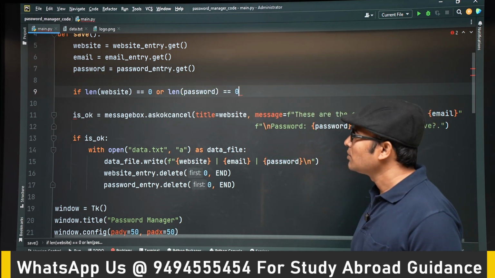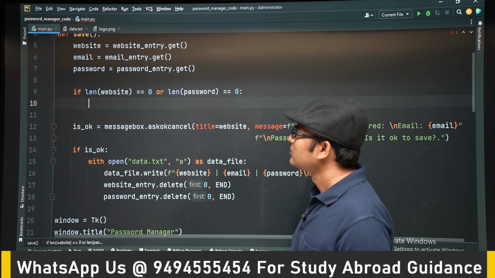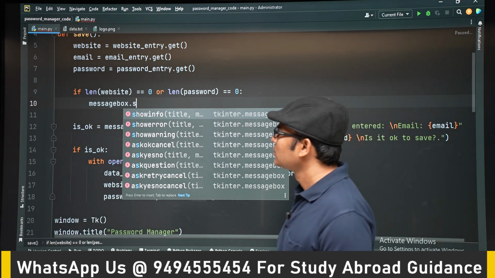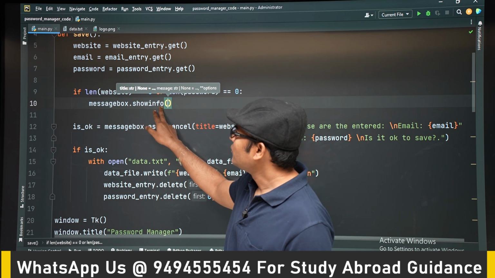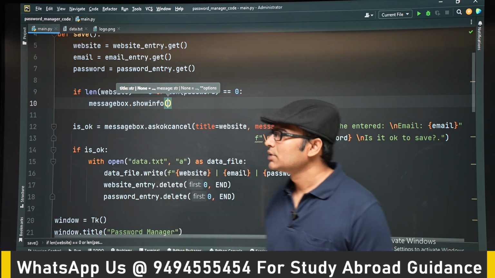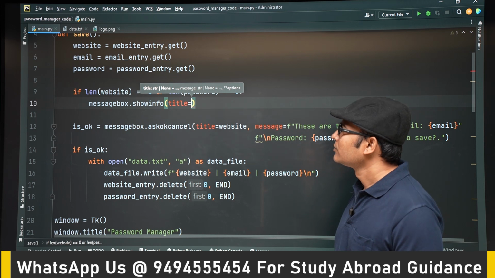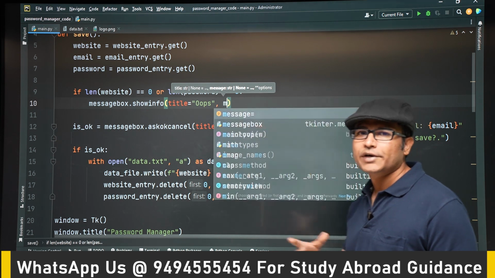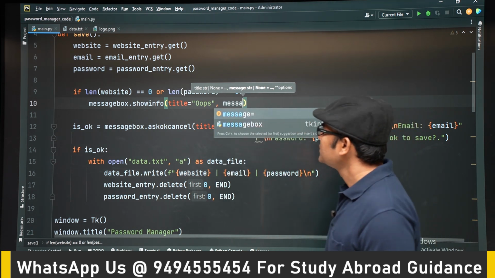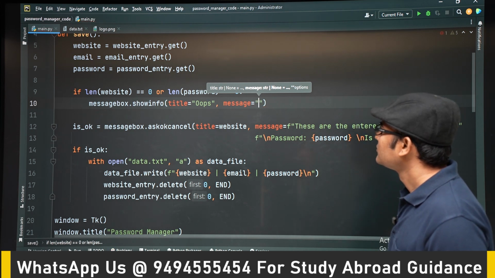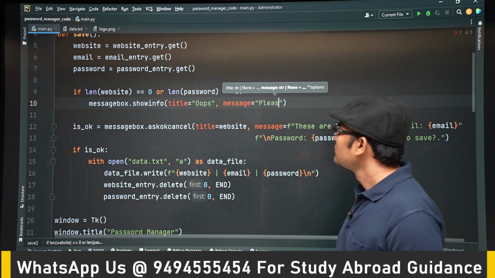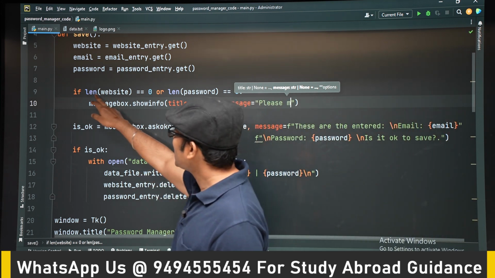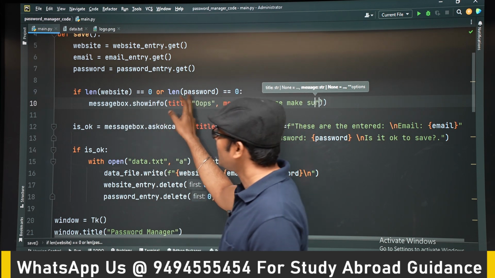If the website is 0 or password is 0, then we are going to show info. So this is a different message box. It will only show the information. The title is oops, something has gone wrong. So that is why we are writing oops. And the message is please enter valid address. So if this condition is true, if anything is 0,